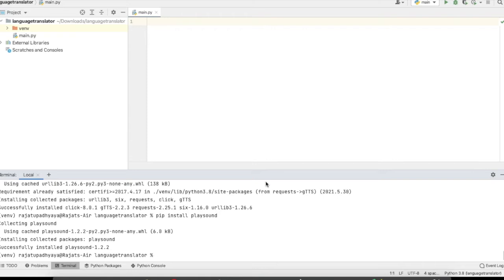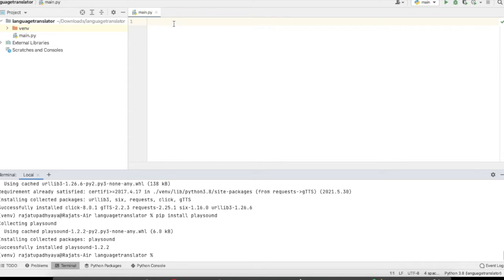So that will be Google Translate. So this will be a new feature for your virtual assistant. You can also add this part in your Jarvis project, so that whatever you are speaking, it will convert your English language into any other language. So you can also add this code in that project if you have already made that project.